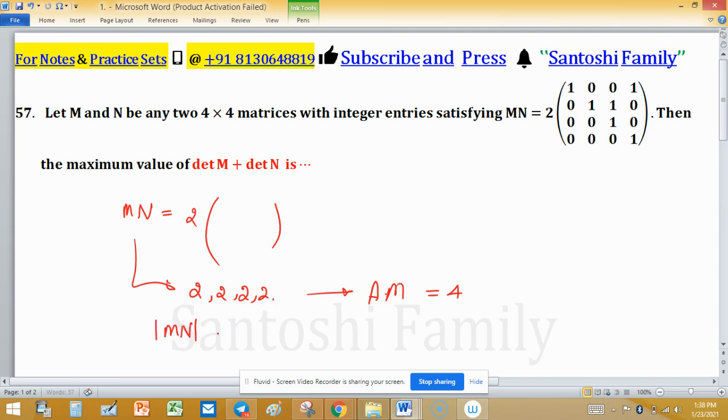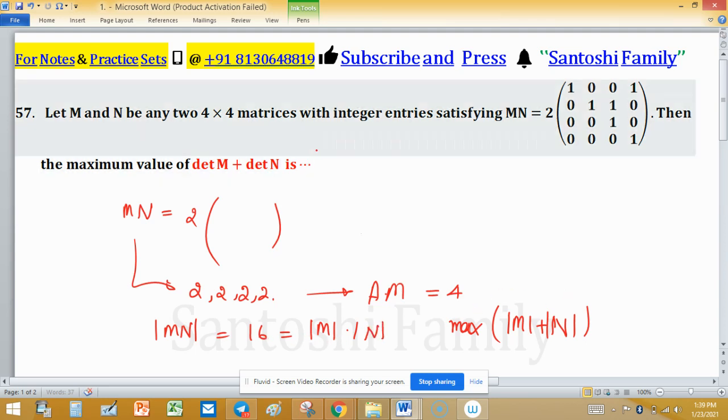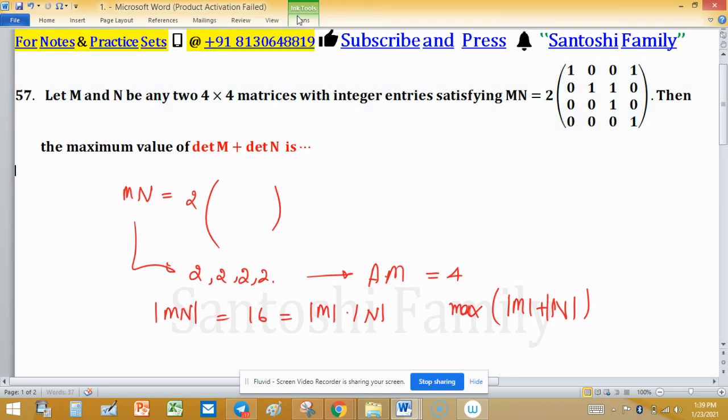The determinant of MN will be the product of eigenvalues, which means 16, and you have to tell about determinant of M plus determinant of N and its possible maximum value. We know that the determinant of a product can be resolved into the product of individual determinants, determinant of M into determinant of N. It means 16 can be written with possible choices: 1 into 16, 2 into 8, 4 into 4,